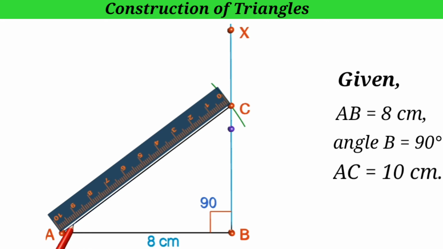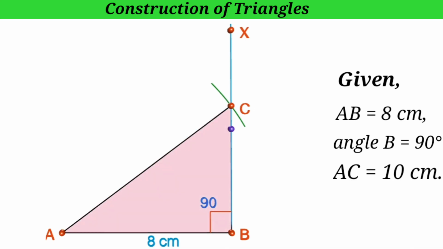So to make it visible very clearly, I am filling it with a color. So now we can understand very easily the area of the right angled triangle ABC. So see student, I am filling with a color. Yes, now it is very clear. So the shaded region represents the area of the right angled triangle ABC. So student, like this we can construct a right angled triangle with a given right angle, hypotenuse and one adjacent side. So here we have constructed a right angle triangle ABC with the given 3 measurements.